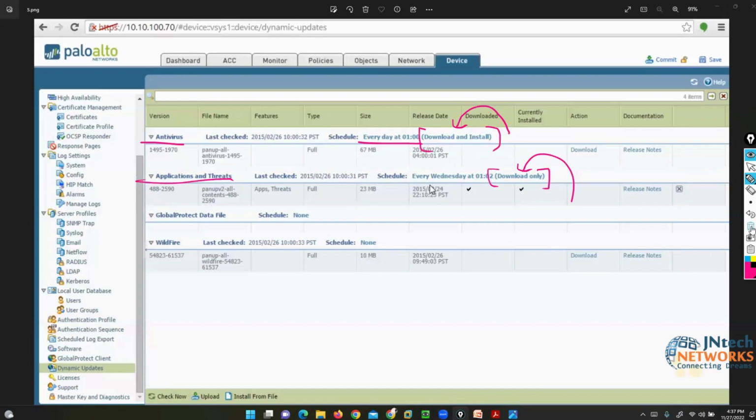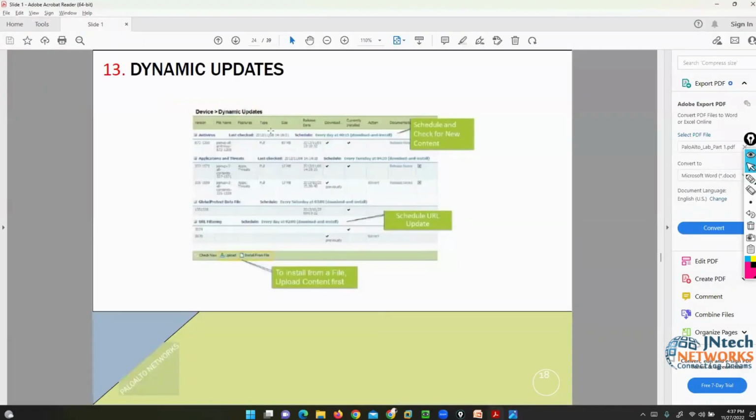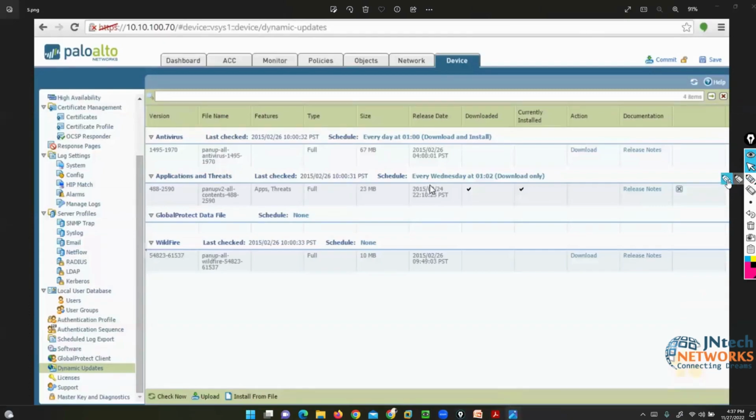So this dynamic update is related to signature update. Clear my points? You have to purchase a license first, and after that you can download the latest signature update. This is called dynamic update. If your Palo Alto firewall box has a license, and if your firewall box is connected to the internet, you can just click here, connect now. After DNS configuration, because if you have DNS configuration in your Palo Alto, then the firewall box can go on